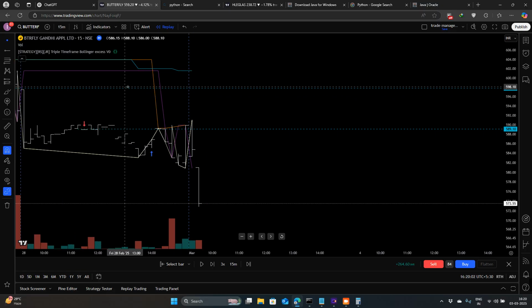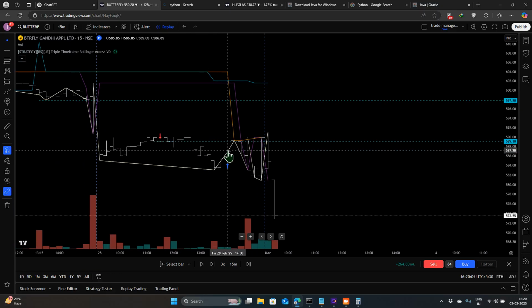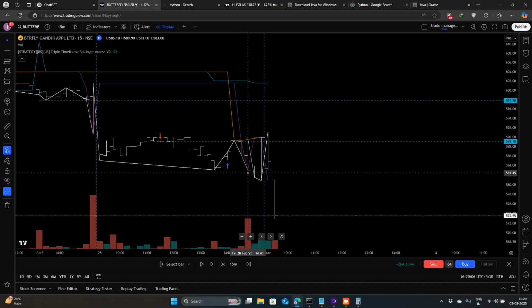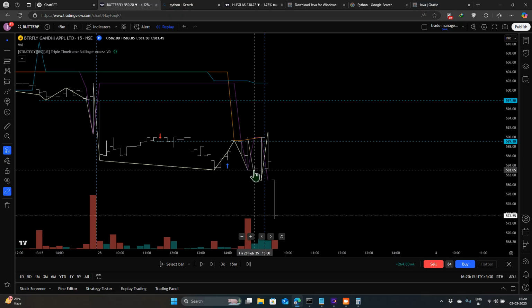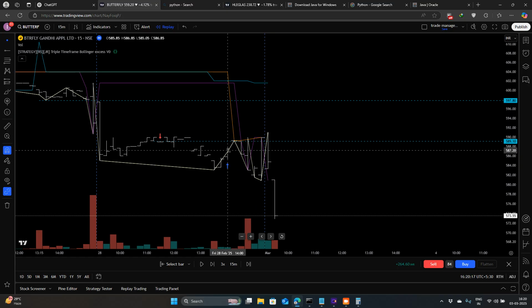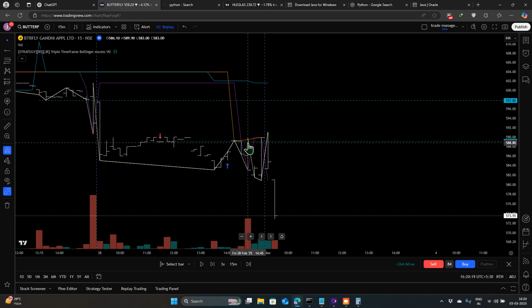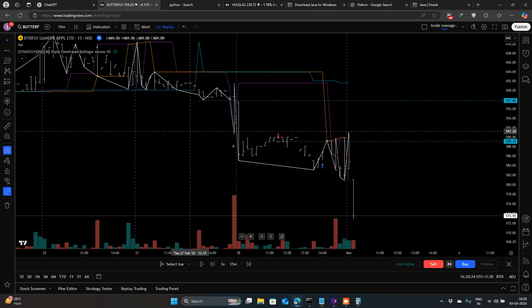You can follow the 15-minute time frame stop, and the 15-minute was hit somewhere around here. So you shouldn't have sold here. If you are following the 15-minute chart, you could have sold here. So okay, not here. Here, if you are following the 15-minute chart, you would have. So it was a good trade. You got money, you got out.